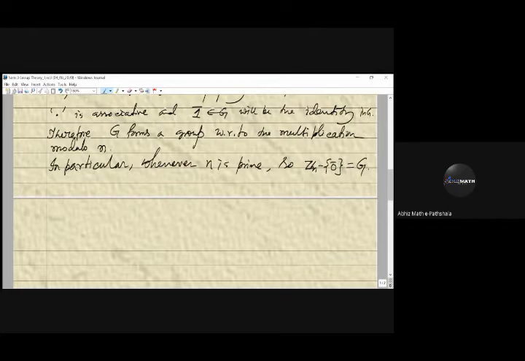So actually we will see that every group will be a subgroup of some symmetric group. Okay, so this example is the symmetric group,